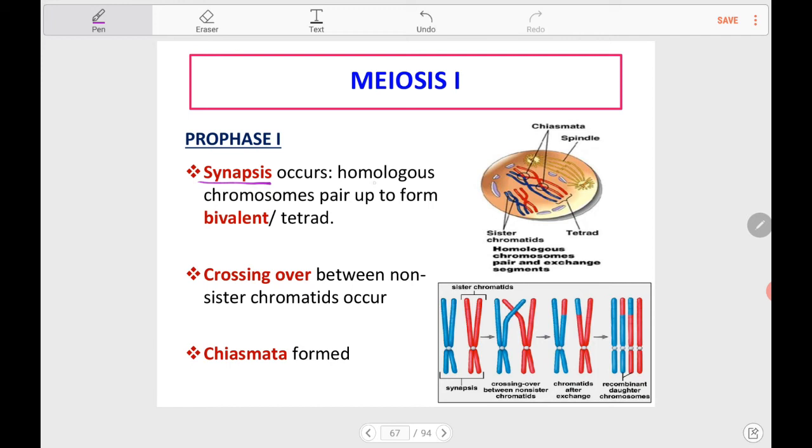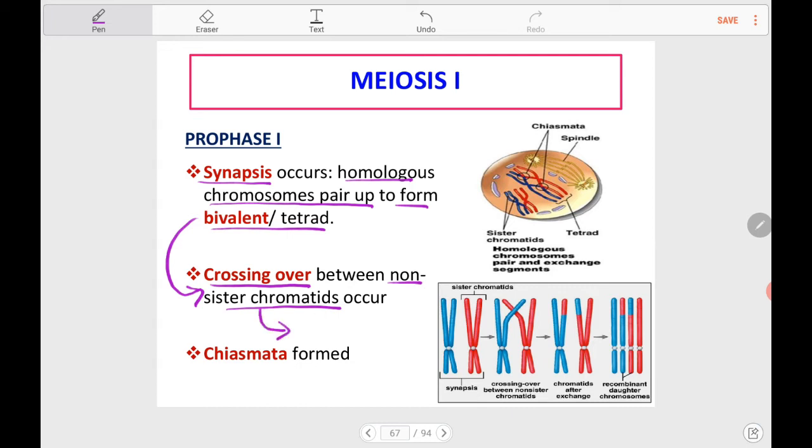So during synapsis, homologous chromosomes will start to pair up to form a bivalent or a tetrad. So because of synapsis, sekarang sudah ada bivalent dan juga tetrad. So because of bivalent or tetrad, it will lead to another process which is crossing over that will occur between the non-sister chromatids. And remember, because of the crossing over,